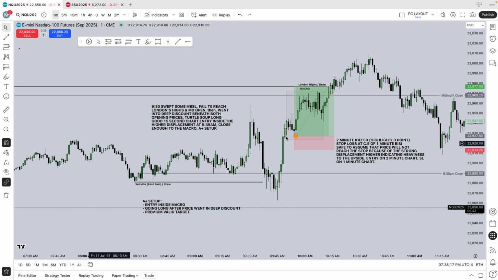And this is only because I already traded this move lower 5 minutes after the opening bell, because this was a day without any news release, so I wanted to just use the volatility of the 9:30 open to my advantage. So I basically took a short inside this bullish fair value gap that acted as an inversion fair value gap, took a short here inside this bearish order block, many confluences, targeting sell side, clean trade. It went to my target in about 2, 3, 4 minutes, 40 handles.